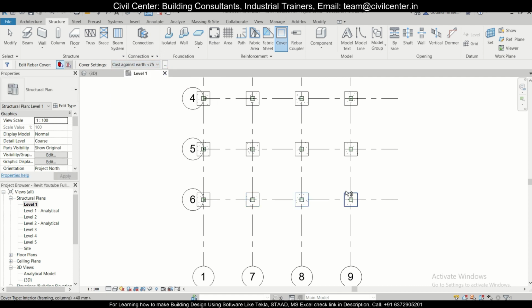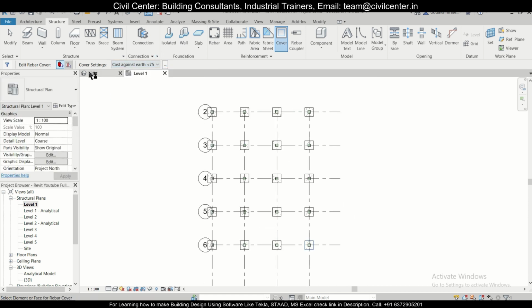So the last one is remaining. Okay, so the cover we have defined.